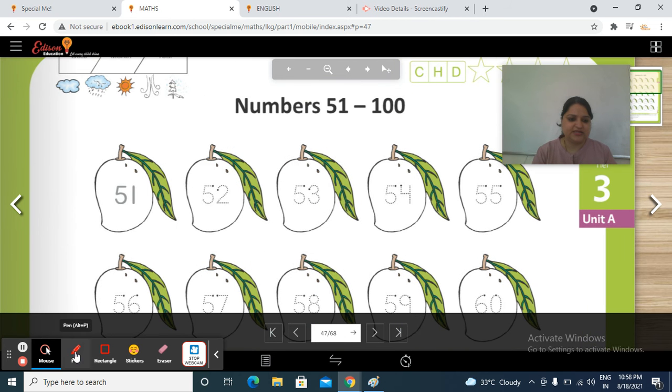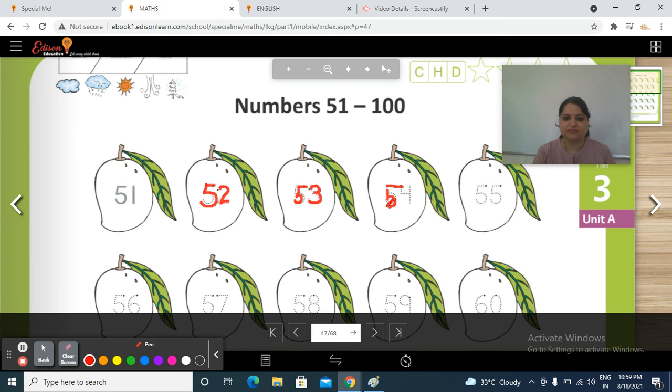Take your pencil. This is number 51, and then next 52, then after 52, 53, then 54.